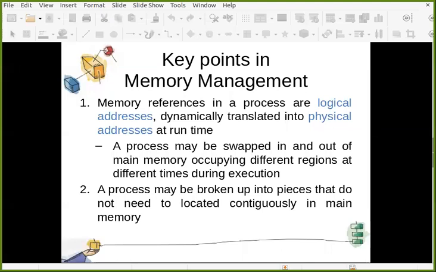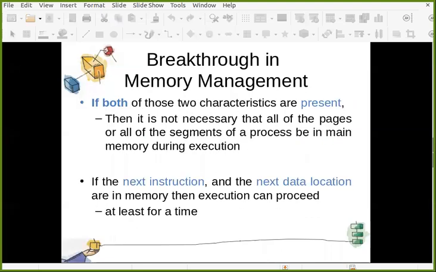That is possible because of the paging and segmentation idea. Another thing which is possible is that you can break your whole process space into small chunks, and again, they need not be given contiguous allocation. So these are two flexibilities that you can achieve because of the paging idea and the segmentation idea.